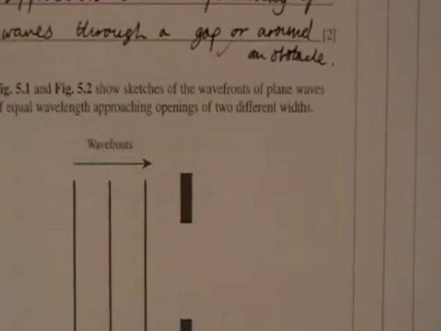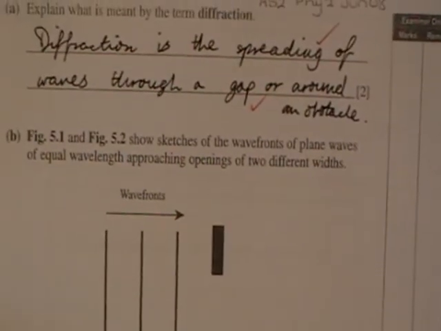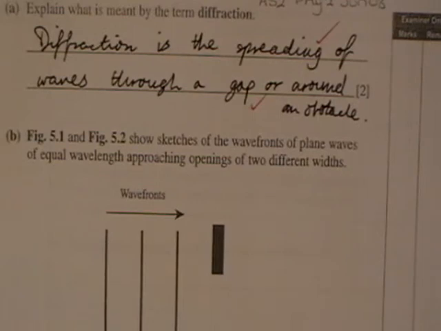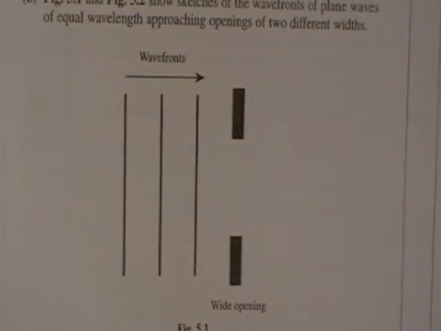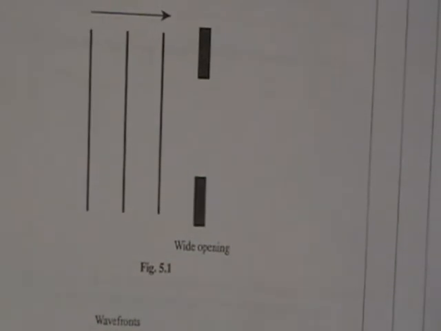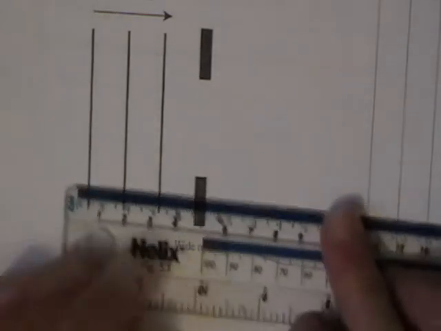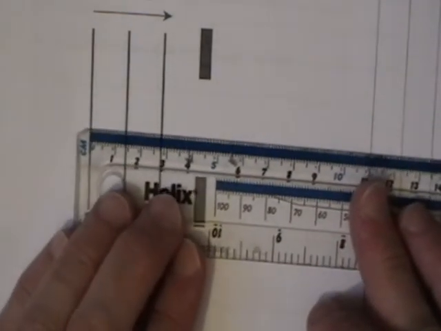Then we have: sketch the wavefronts of plane waves of equal wavelength approaching the 2 different width slits. So we're looking now for how the wave passes through a very wide opening, and how the wave passes through a narrow gap. So essentially we need to find out, okay, so we have